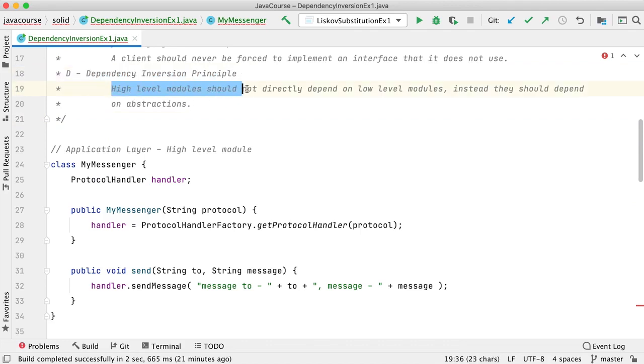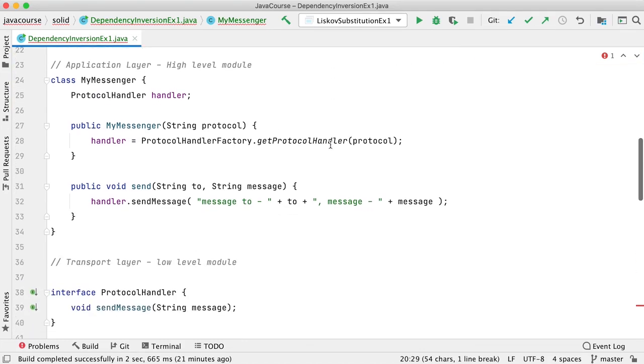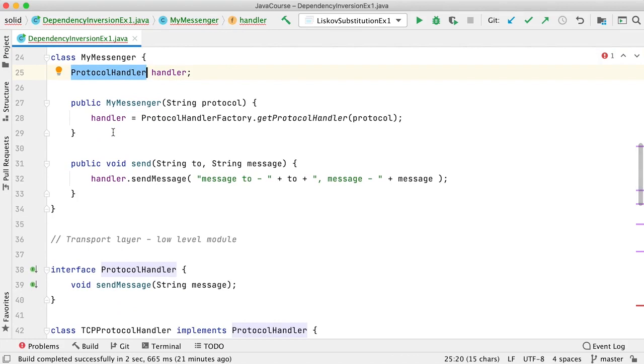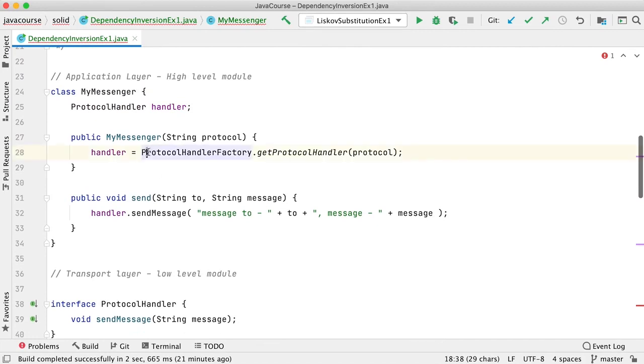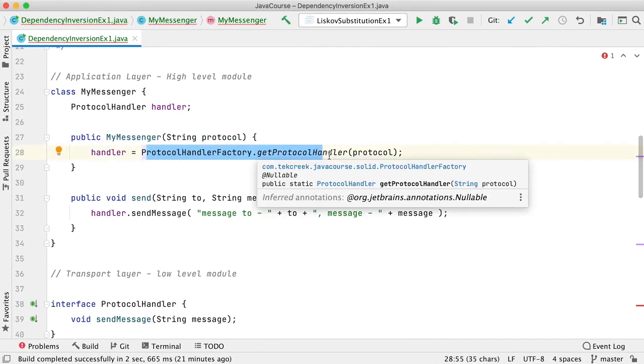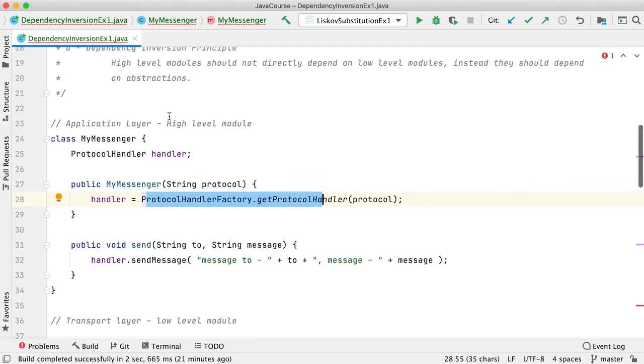High level modules should not directly depend on low level modules. Instead, they should depend on abstractions. So you can create an abstraction. You can open an interface saying that these interfaces are implemented by these low level modules. Now, whatever code you are building should bank on the interface rather than the actual implementation. That's the main goal of the dependency inversion principle. This is a dummy example, guys, and we can always better it. The intent is to explain the core concept.